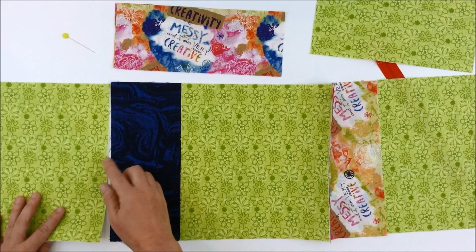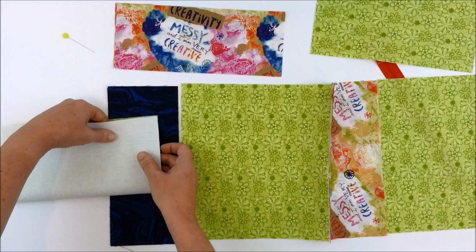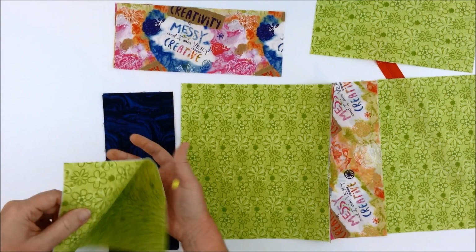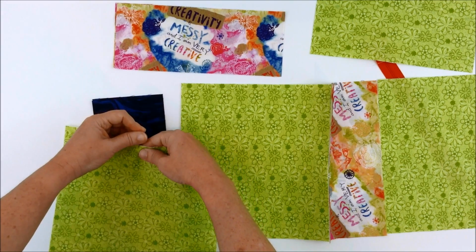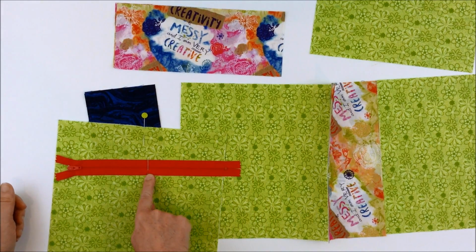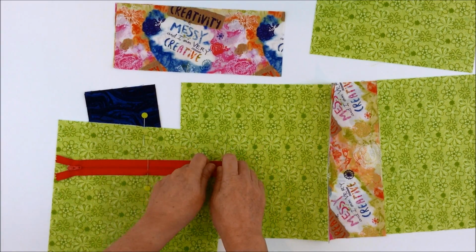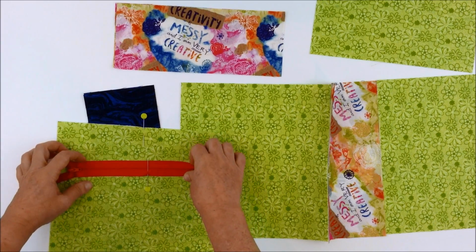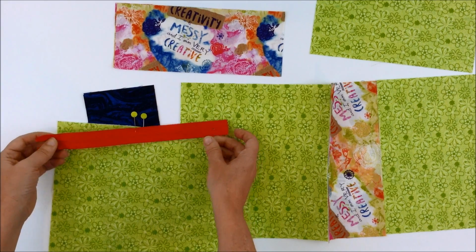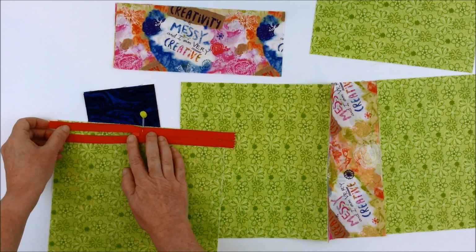So take piece B1 and have it right side facing up. Then find the centre of this long edge. So fold it in half and mark it with a pin. Also find the centre of the first zipper and mark the centre as well. At this point, decide whether you want the zipper to open from left to right or from right to left. So place the zipper face down in whatever direction you choose along the edge of B1 matching the centres. Unzip the zipper halfway, line up those centres again,